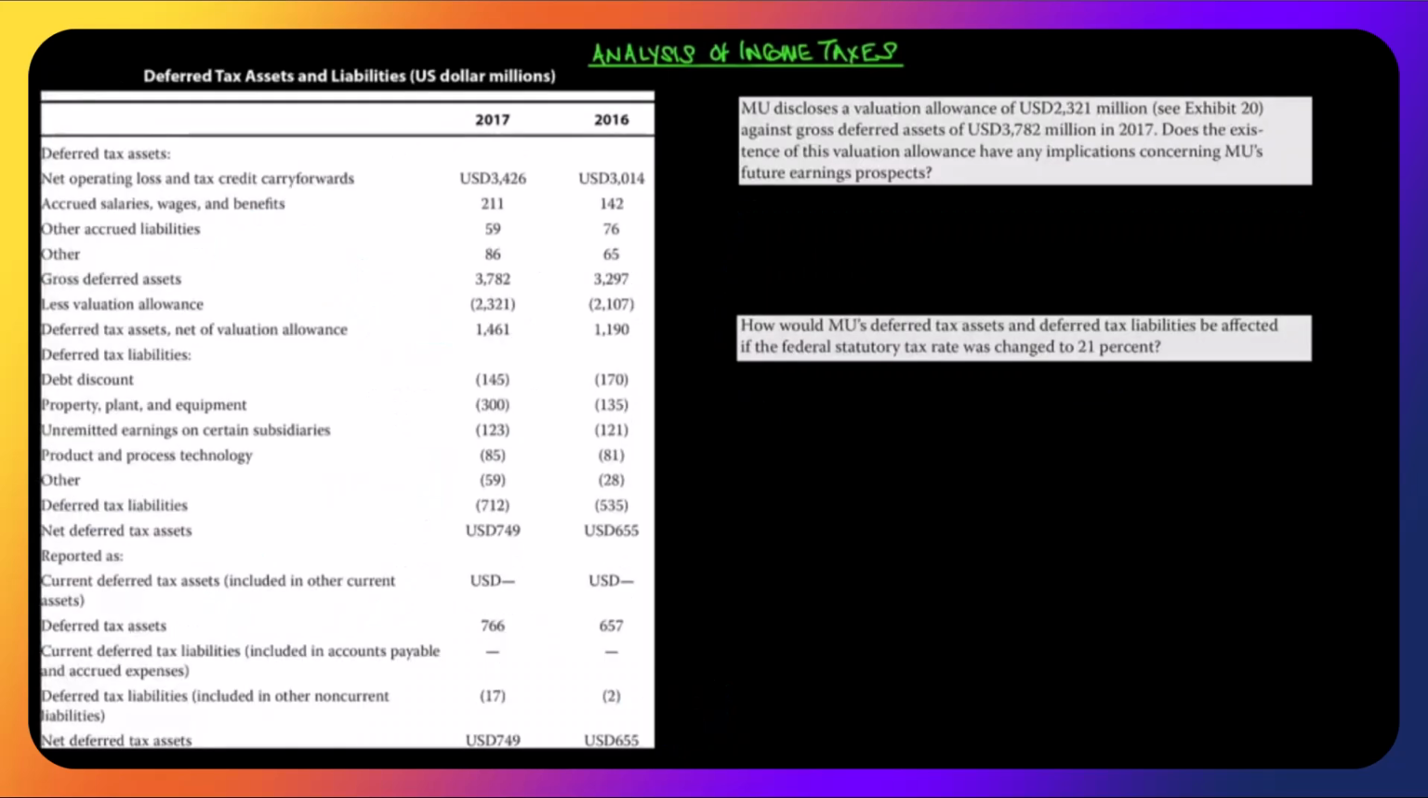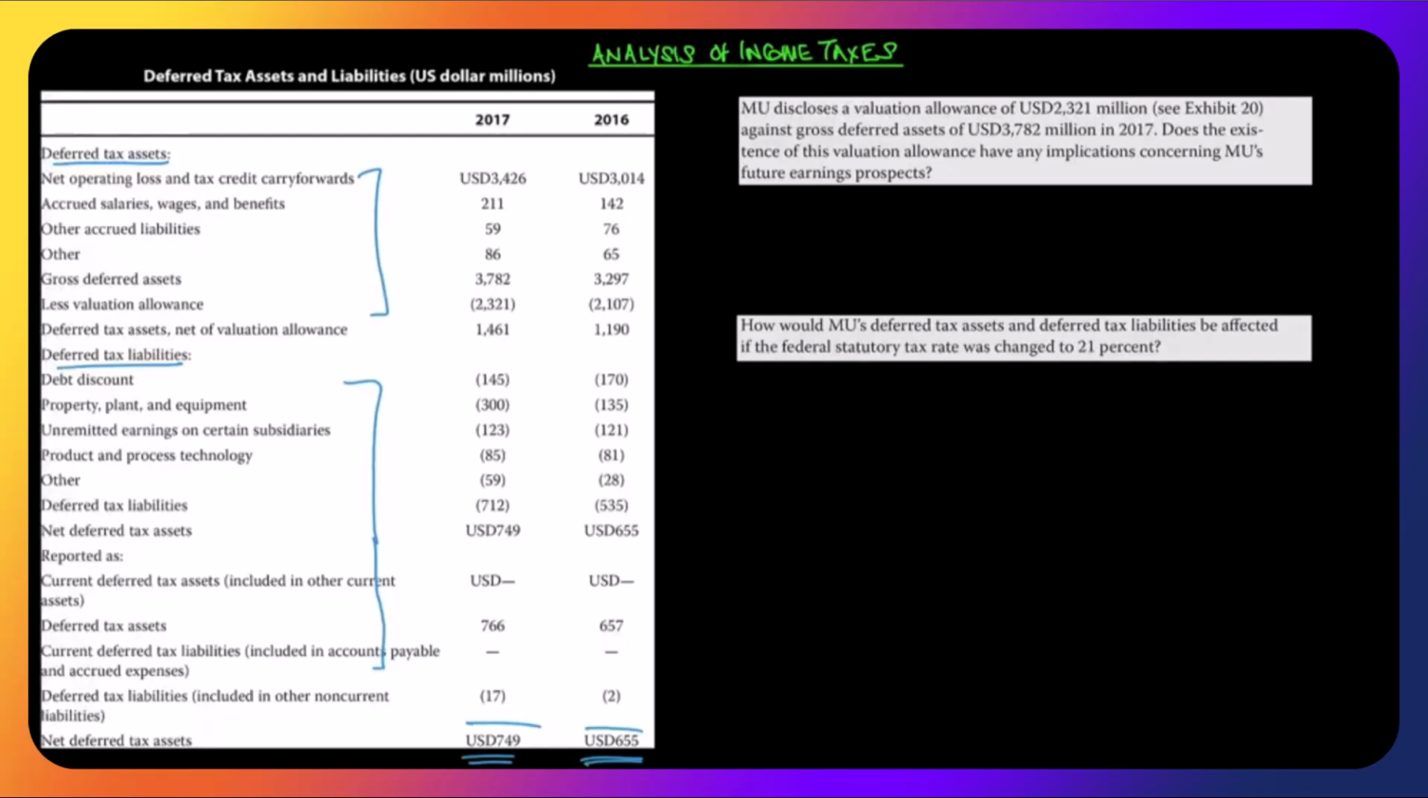We also get a breakdown of deferred tax assets and deferred tax liabilities and what they relate to, all the way down to here. We get our net figures and at the bottom, our totals. Now, we're not going to read every single line. It'll get a little bit tedious, but let's look at a couple of questions just to bring it to life,